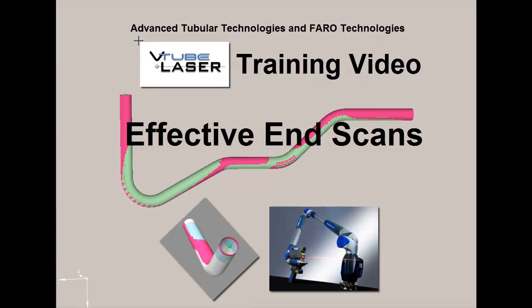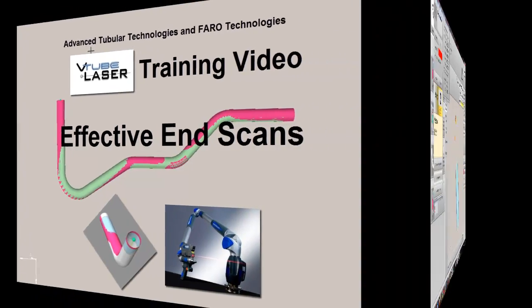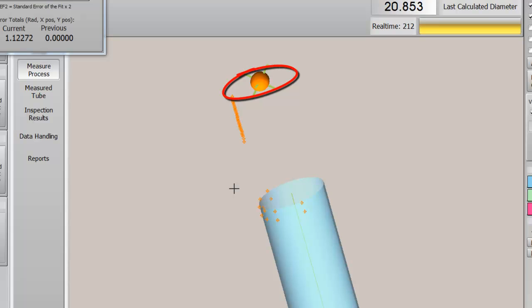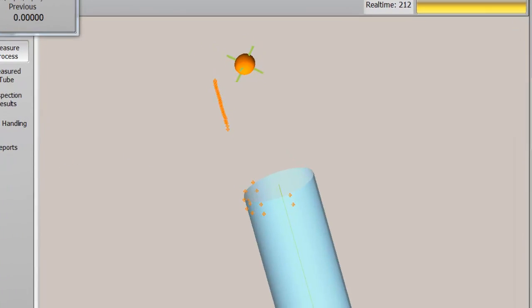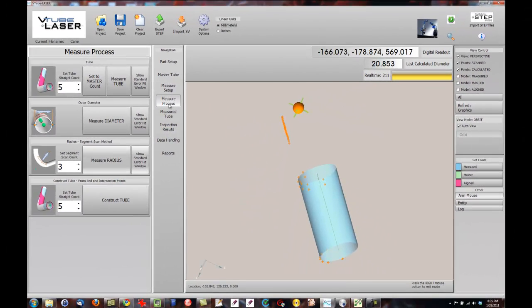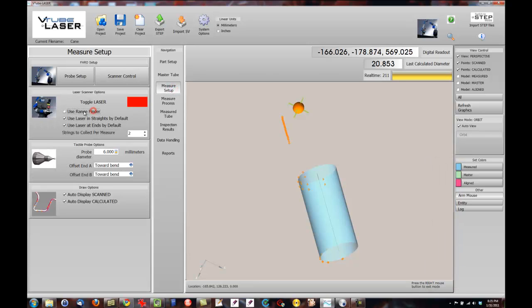This is a VTube laser training video for tube end scans. End scans or end sweeps are measurements that scan the ends of tubes in order to accurately find the endpoints of the measured tube XYZ centerline. In this video, we'll show different techniques for end scanning and describe how each technique impacts the accuracy of the